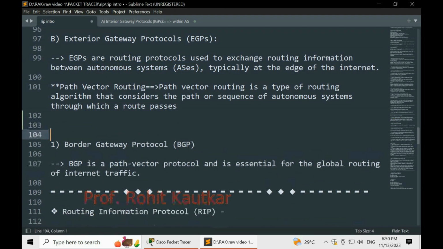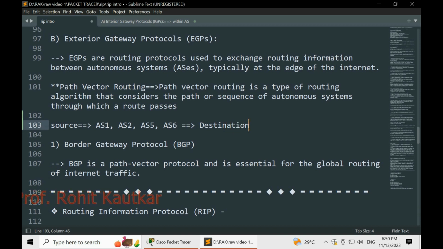So it may store something like autonomous system 1 to autonomous system 2, autonomous system 5, autonomous system 7 or 6. You can see here, this is a sequence of autonomous systems which is representing the path between source and destination.